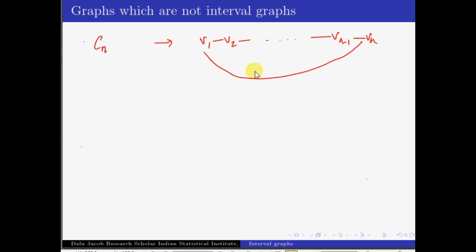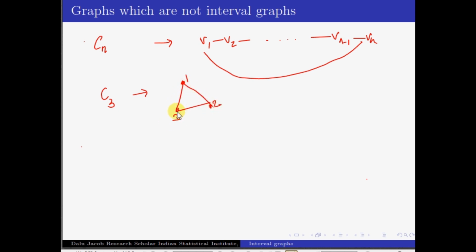So let me give you an example starting with C3. What will be C3? It is a cycle on 3 vertices, which is what you can see is a triangle, right? Because this will be 1, this can be named 2, this can be named 3. So what you get is a sequence of 3 vertices, which is a triangle.